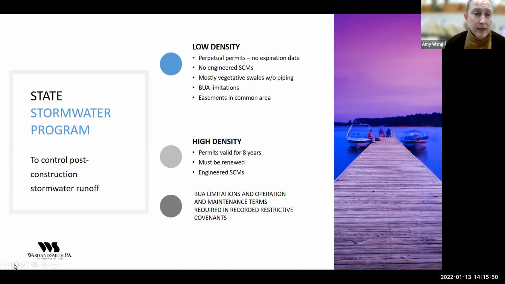The built upon area limitations and some of the operation and maintenance terms that you see in the permits also very often are in restrictive covenants. In the older permits, sometimes the language didn't entirely mirror what ended up in the covenants, but in more recent permits, those permits at the state level are very specific as to what language actually needs to appear in the covenants, so that language is identical.